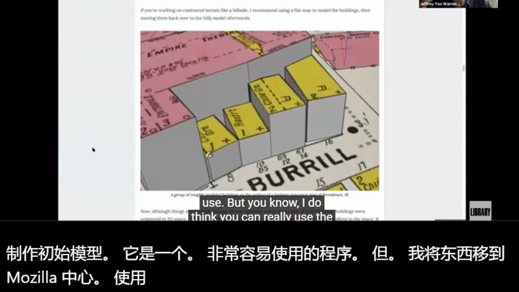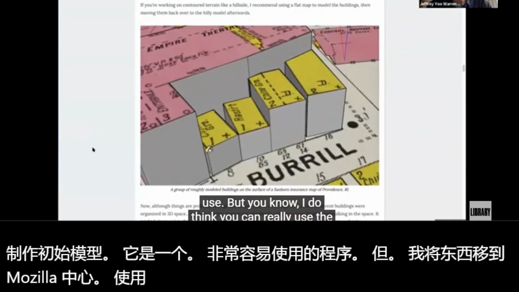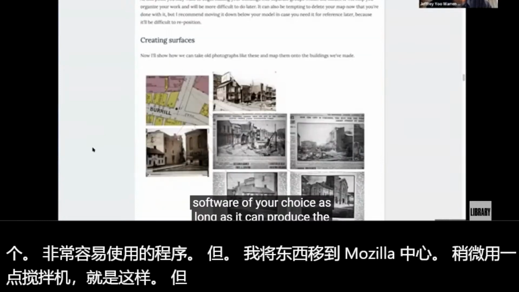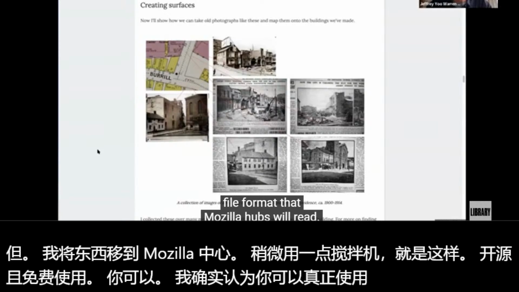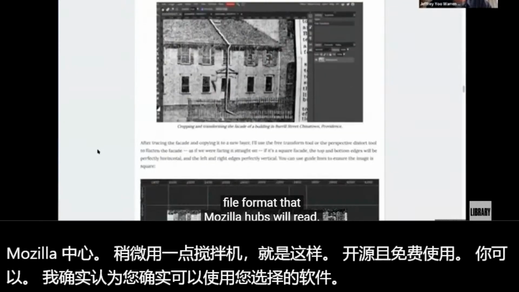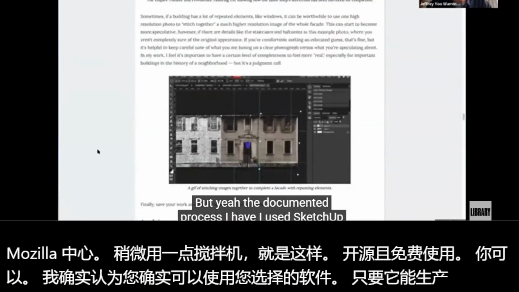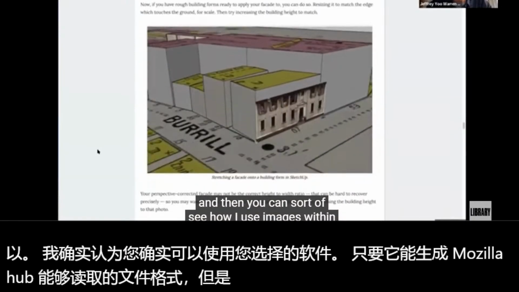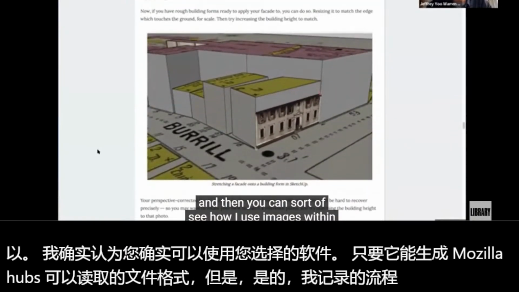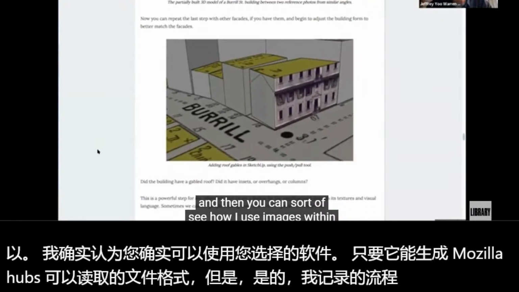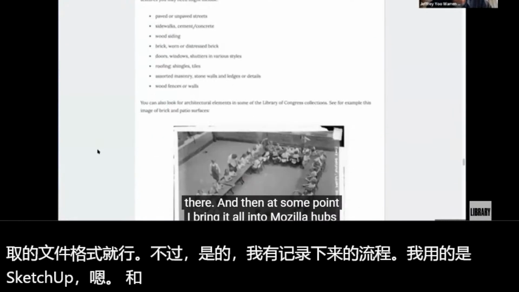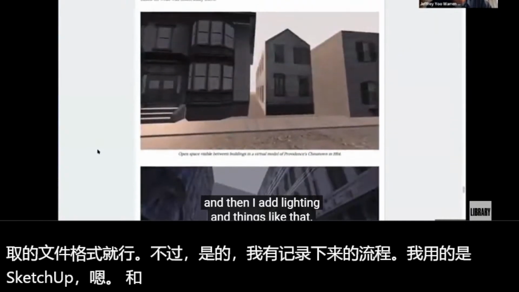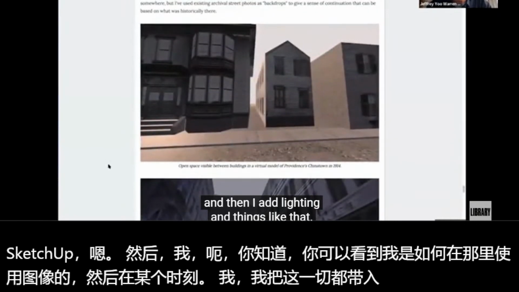But there, I do think you can really use the software of your choice, as long as it can produce the file format that Mozilla Hubs will read. But yeah, the documented process I used SketchUp, and then you can see how I use images within there, and then at some point I bring it all into Mozilla Hubs, and then I add lighting and things like that.